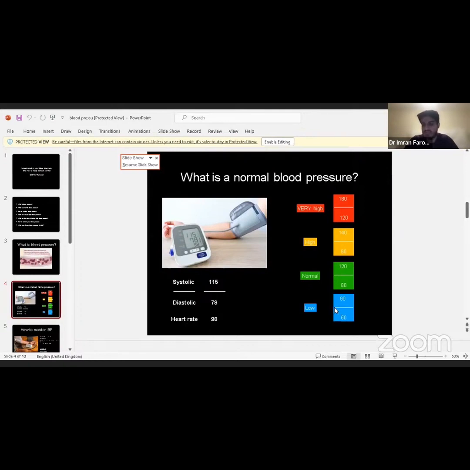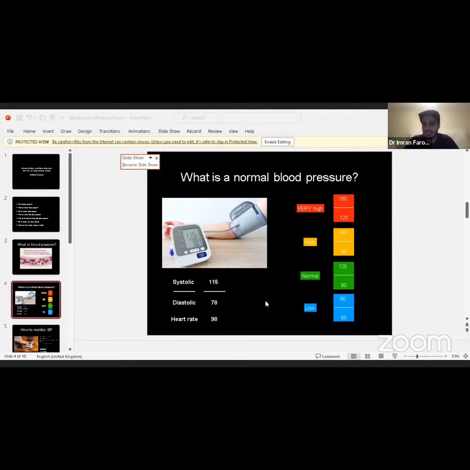What we tend to see more commonly in our patients, in our population, is a high blood pressure. And the significant number for us to remember is the orange numbers, so 140 over 90. If your blood pressure is consistently above this number, 140 over 90, that's what we call high blood pressure, otherwise known as hypertension. That's the medical term. Hypertension is a consistently high blood pressure.